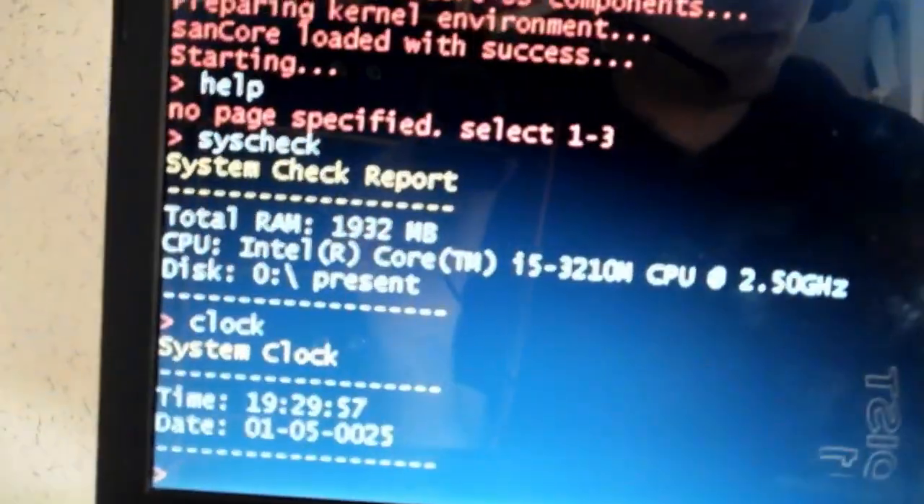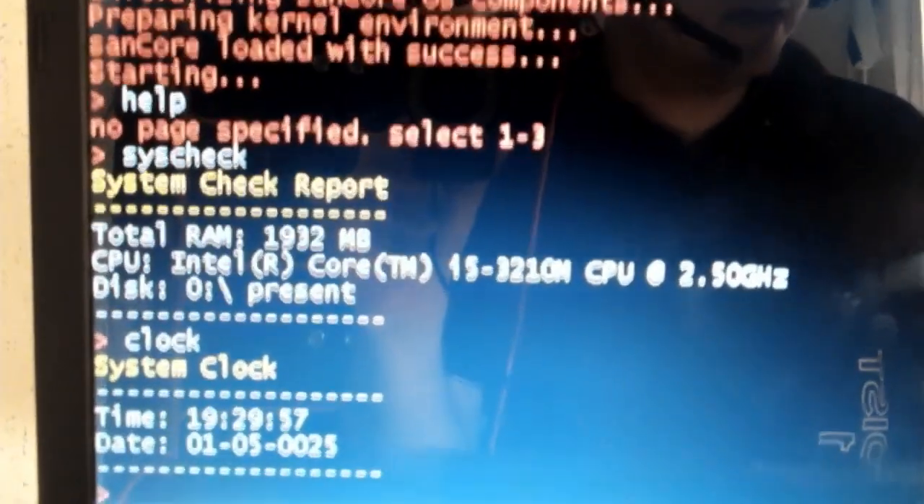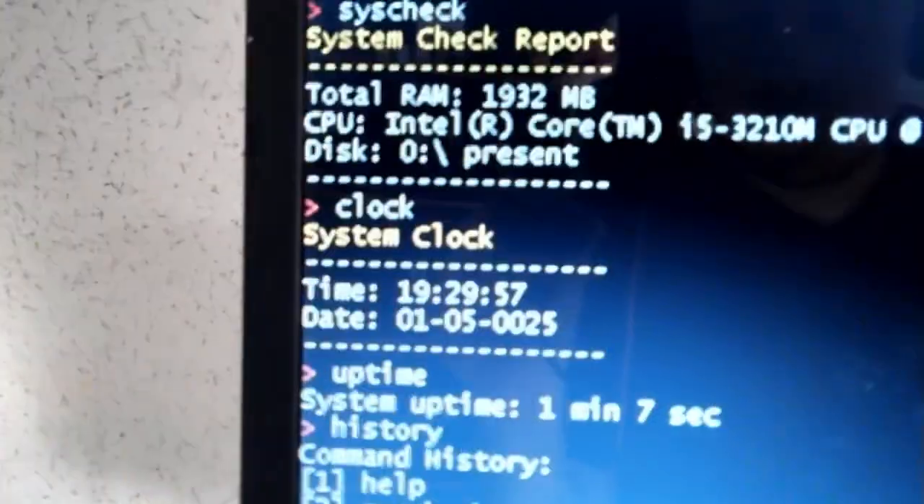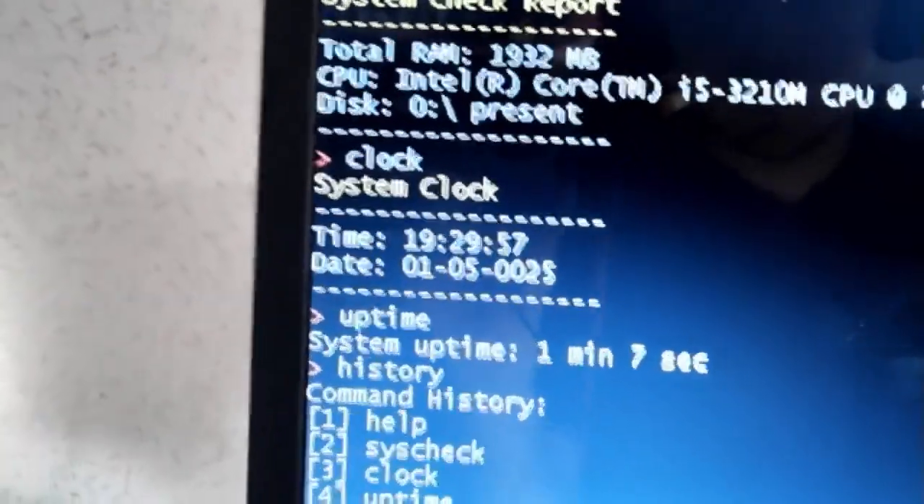We can also say something like uptime. I added this so that here you can see how long the system is running. So these are some simple commands that you can use for yourself. And of course the history, so we can see how much we opened. As you can see, we first opened help, syscheck, then we did clock, uptime, and of course the history. So that works. This is basically how you can render your operating system, which is completely fine,